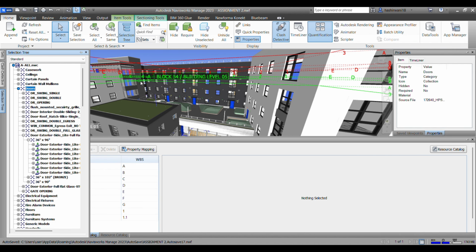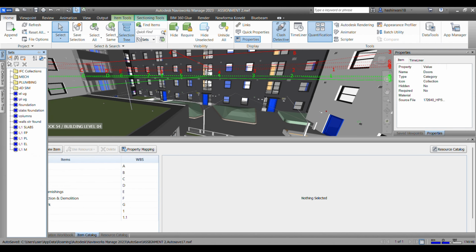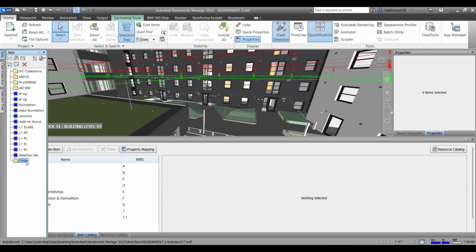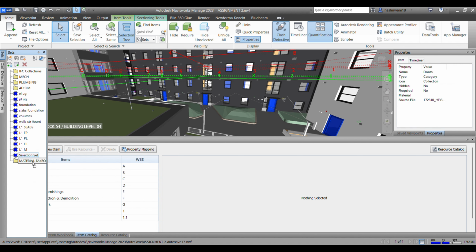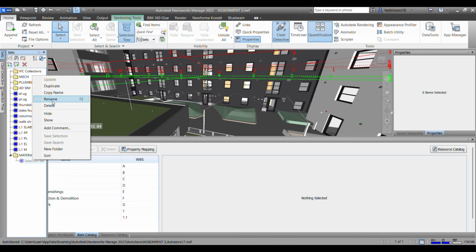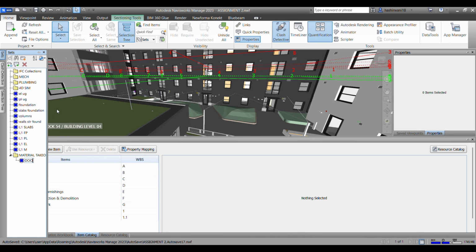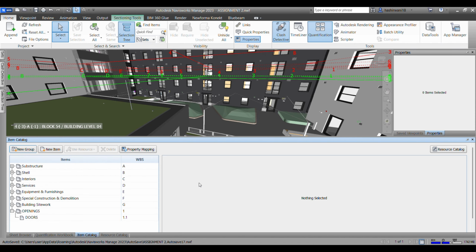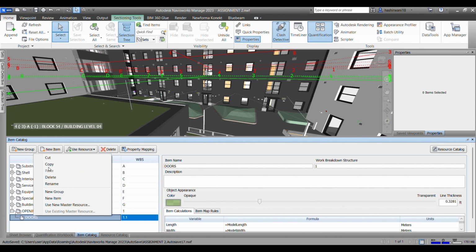Now after selecting all the doors, I'll just go to the sets. I'll create a set here. I think I have to create a group first. I'll create a new folder here and rename it as material takeoff sets, right? And I'll rename it to doors, right? Doors. So now I can select this door. I'll just right click it,